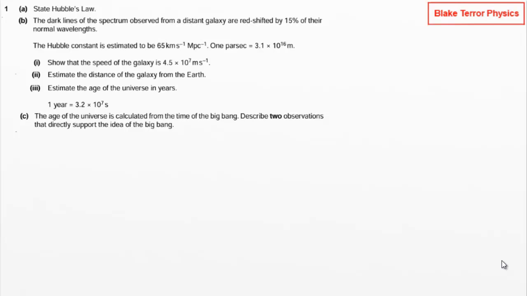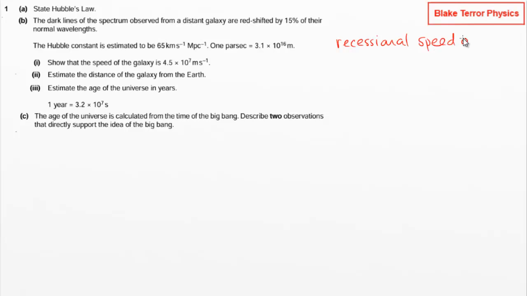Hello, here's some more practice questions in astronomy and cosmology, starting with a nice simple opener, state Hubble's law. Right, we should be pretty slick at this by now, but we will say that the recessional speed of a